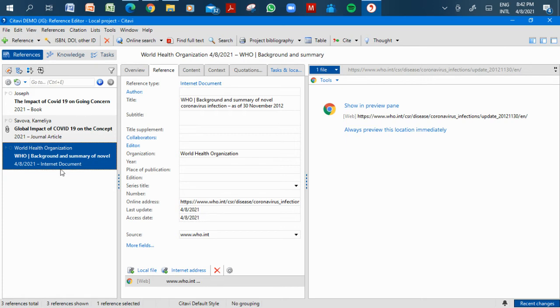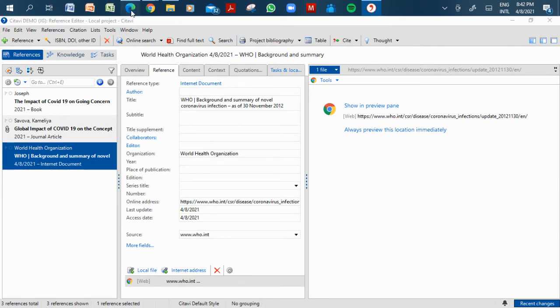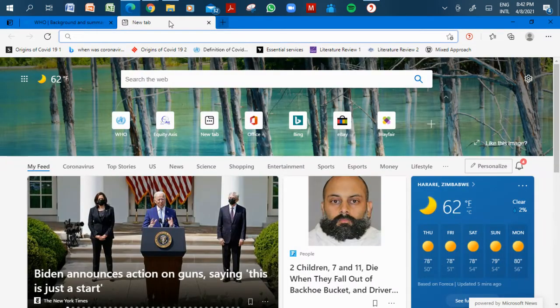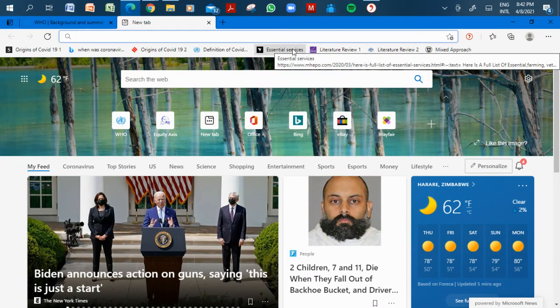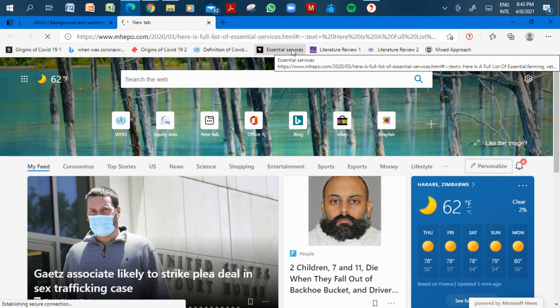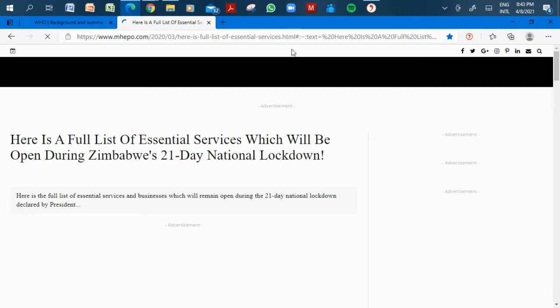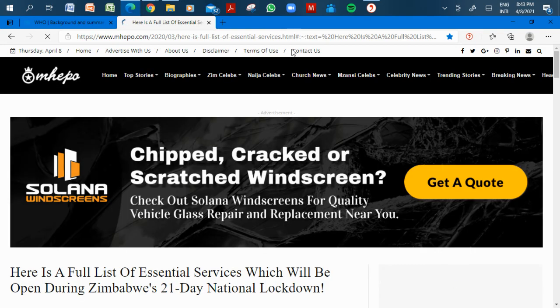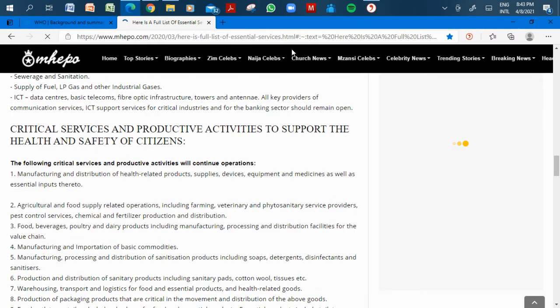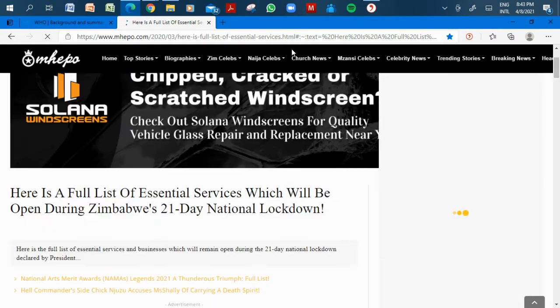Okay, now we have, as you can see from this left menu, we now have 3 references. Let me just add another one. Maybe I am again researching. Okay, now I want to research about the essential service. Due to COVID-19, most of the businesses were closed except for the essential services. So this is where I am getting the information, like the list of the businesses that were considered to be essential services, and I want to add this to my